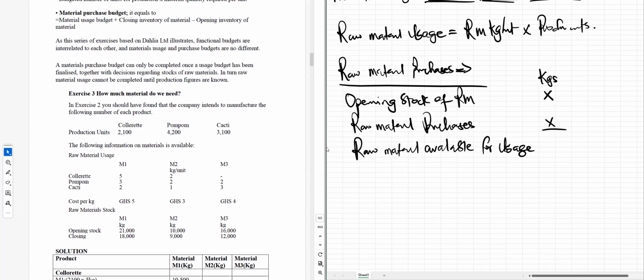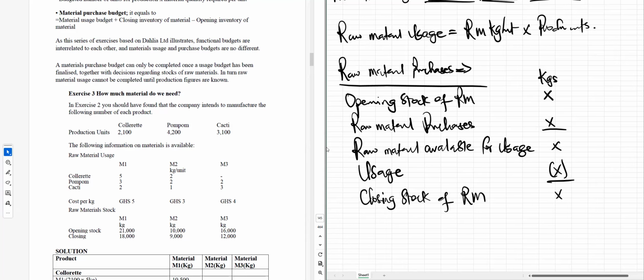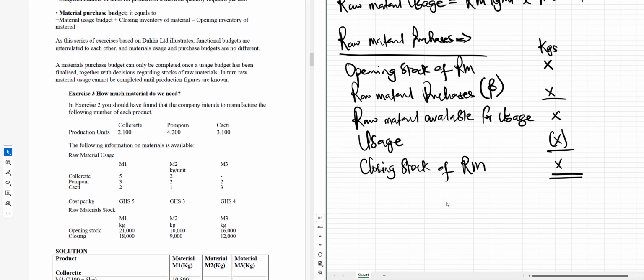Then based on this one, what will I do? I'll now take out the one that I have used, the usage, before I come and get any closing stock of raw material, right? You get the idea? So what are we actually finding? We are finding this figure, the raw material purchases. Just like we did for production, purchases takes the same format. It means that if I want to get my purchases budget,